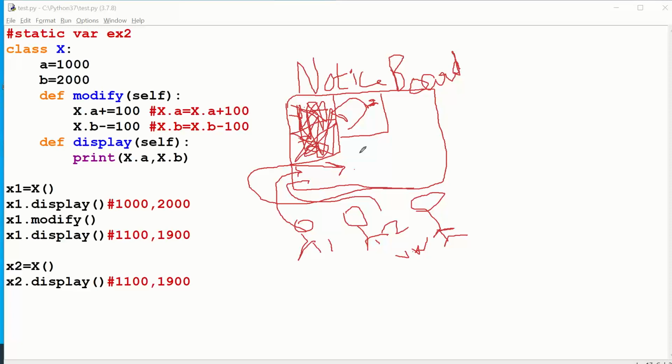Okay. If you have understood this concept, this is also the same, right? See, the notice board is common to all students. Am I right? Everybody has got the right to do something with the notice board. Am I right or wrong? And if you do something to the notice board, all others are able to see the latest things. Am I right or wrong?